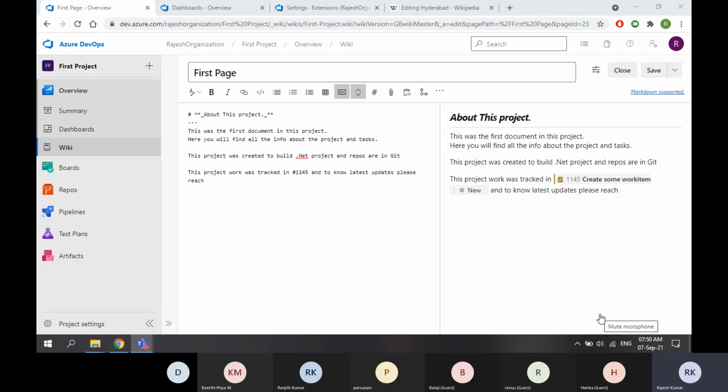So this way you can add the work item numbers in your documents itself. And to get the updates, you can specify whom to reach. See here, I know this is a work item and who is working on this, I can specify the person